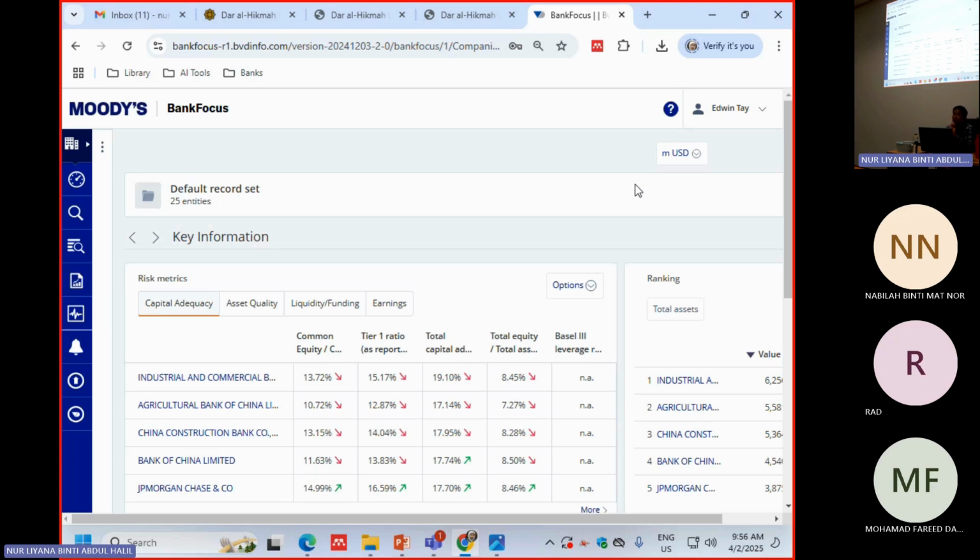Bank Focus, as the name suggests, is a database platform where the focus is on the collection of banks' information around the world, and that includes listed banks and private banks as well. One of the biggest key advantages of using Bank Focus is that